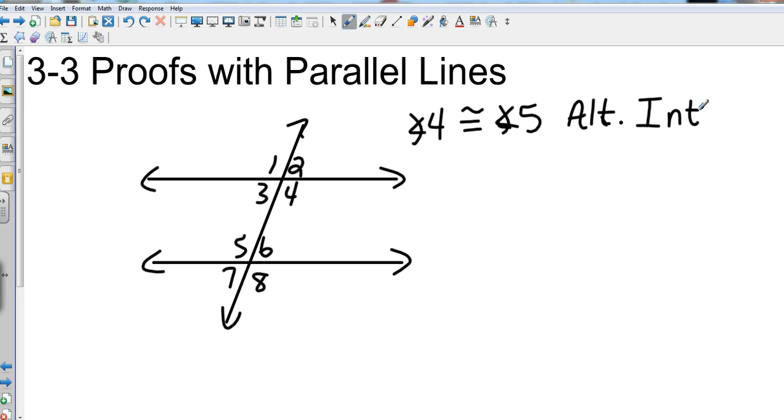What if I looked at that the other way and I said, if angle 4 is congruent to angle 5,